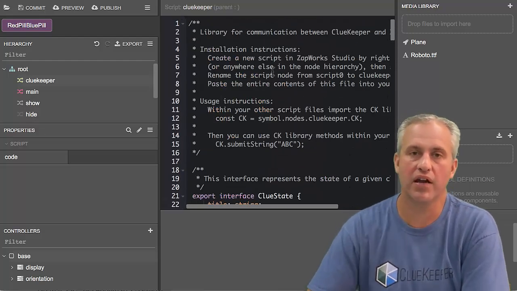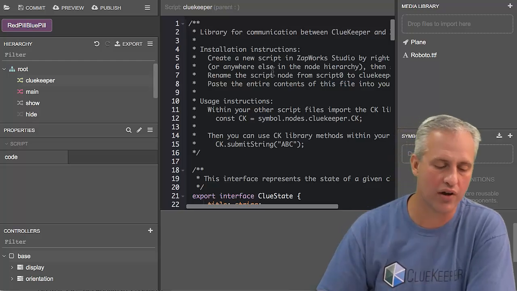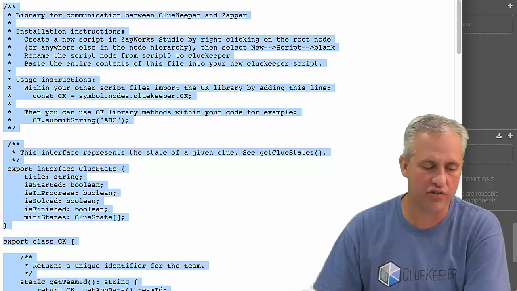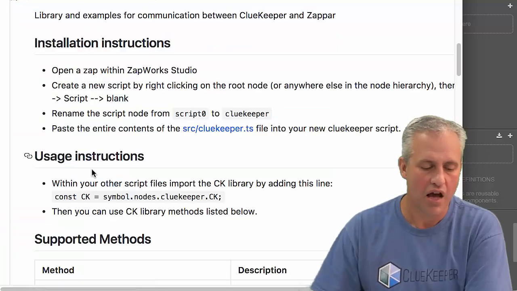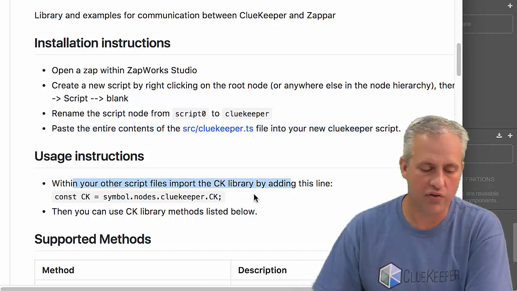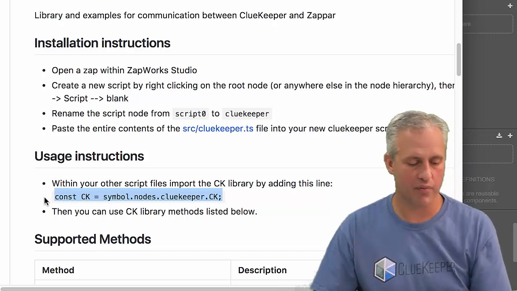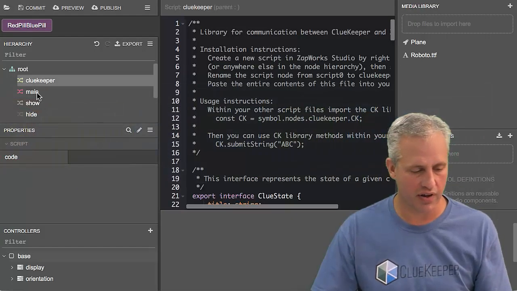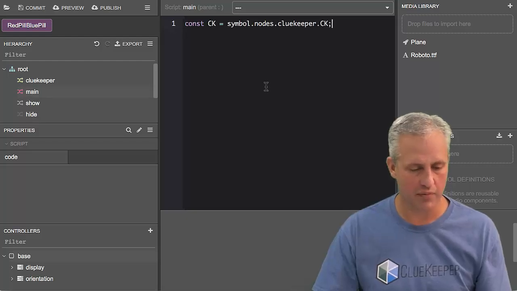So this is the library. We always keep updating it, so make sure that you go grab the latest. And then if you come back over to the instructions, let's hit the back arrow here. It says to paste it into that area. And then within your other script files, you import the library with this line. So I'm going to come over to my main method here. I've got my main function, and I'm just going to put in